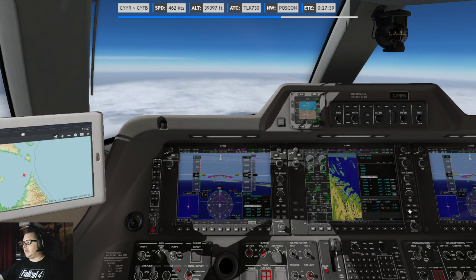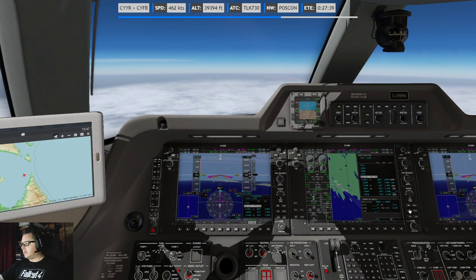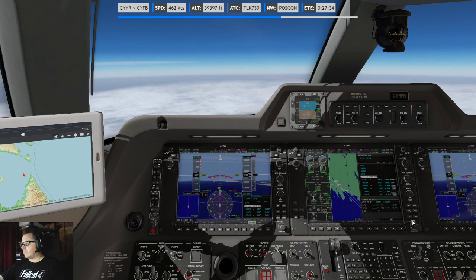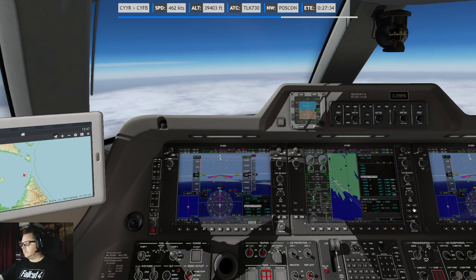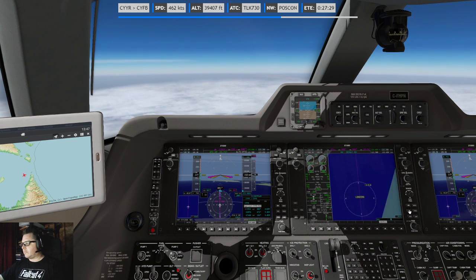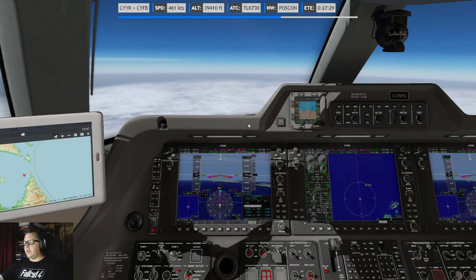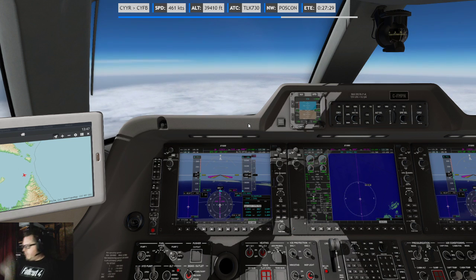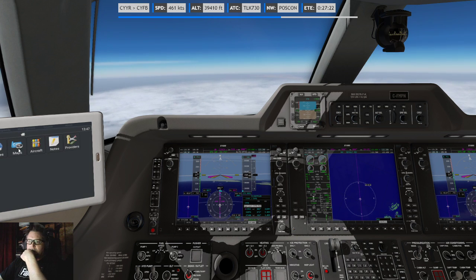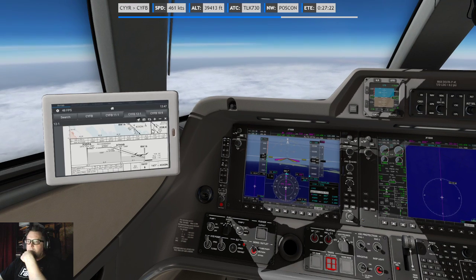What am I doing? Clear flight plan. All right. Don't check every minute. Check every 2 minutes. Here, let's go to airports.